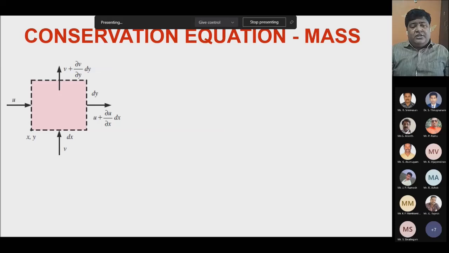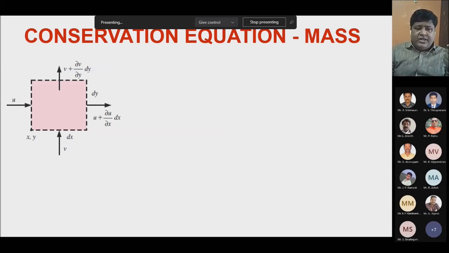As I told you the other day, to have a physical interpretation or to remember it, students can be told: u is entering, and the same u should leave. Plus there may be some velocity change within the control volume that has to be accounted for. So dou u is the change in velocity, dou x indicates the direction in which it is changing, the x direction, and dx is the length over which it is changing.